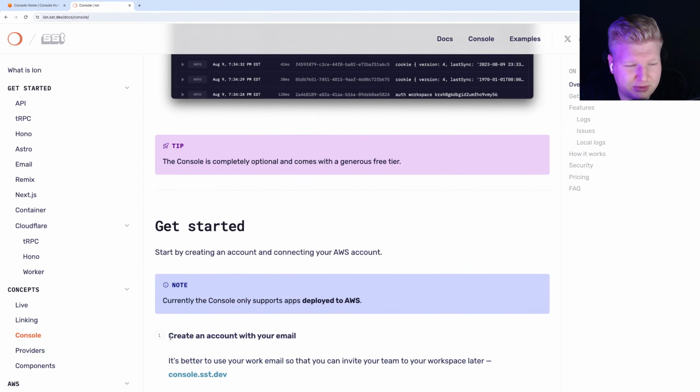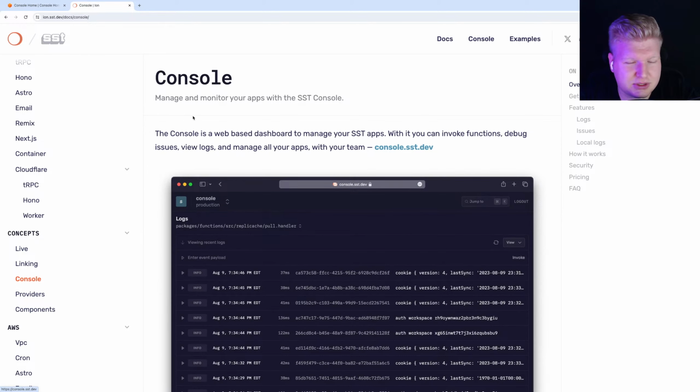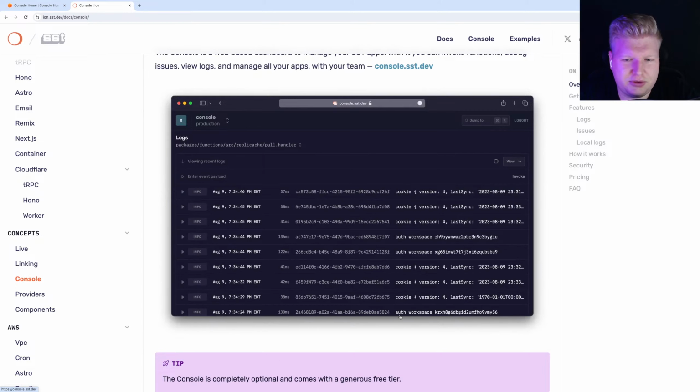Always happy to help. So other than that, SST has this console, which you can use here. I don't know if you need to set it up for your organization or for yourself. It offers you log monitoring and some errors it catches.